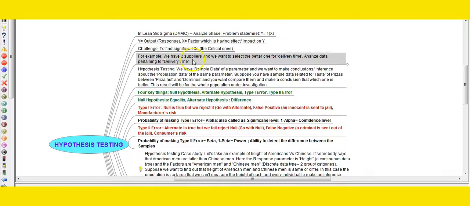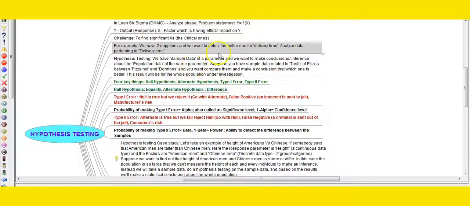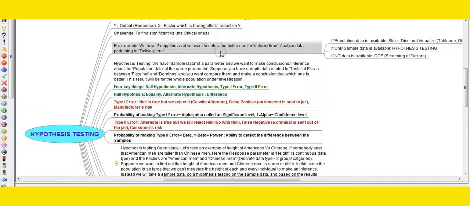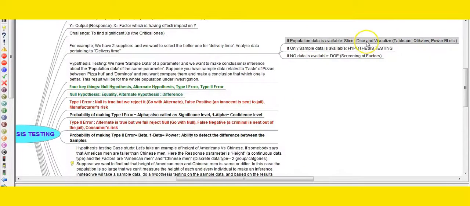Suppose we have two suppliers and we want to select the better one for its delivery time. So how are we going to do that? Here the data related to delivery time must be available with us for going ahead. In this scenario, there may be three situations present in front of us, and these are: if population data is available,